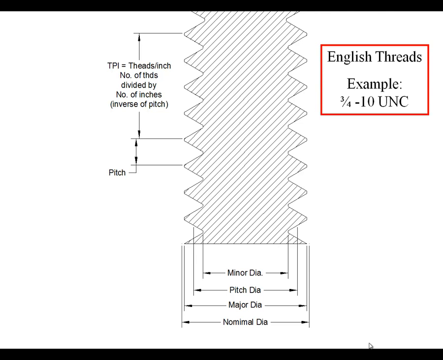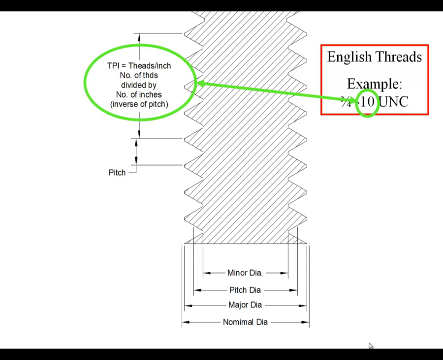First of all, if I see an English thread that's a 3/4-10 UNC, the 3/4 is the nominal diameter. There's really nothing on that thread that will measure the 3/4 of an inch. The nominal diameter is a little bit bigger than the major diameter. If I were to measure the outside diameter of this thread, I would be measuring the major diameter. Nominal diameter is slightly bigger. This 10 is the threads per inch, if it's an English specification, and that is how many threads there are